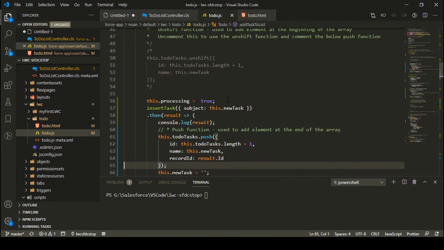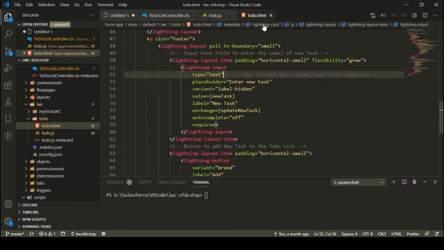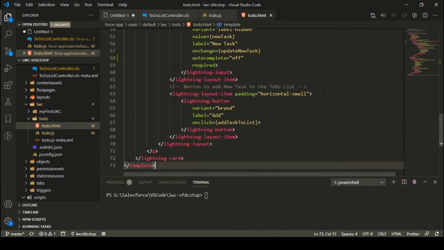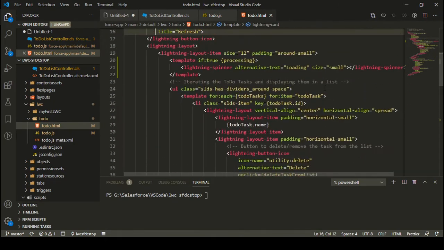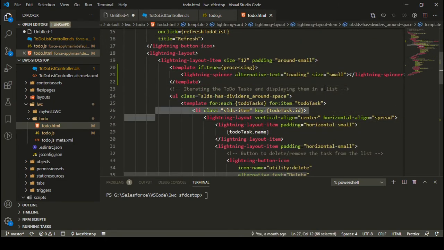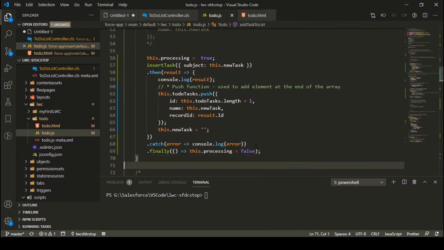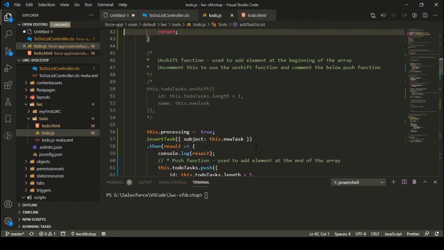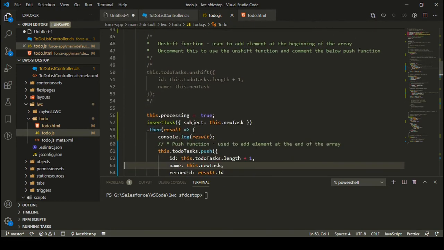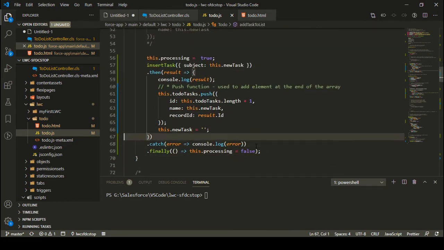And whenever we are doing an insertion, I am specifying this ID as this dot todo task dot length plus one. So this is the unique ID that I'm using in my HTML to display the list of tasks, right? Let me just show you that again. Whenever we are displaying the list of tasks in a for loop, I need a unique key, and this key is nothing but this dot todo task dot id, and this dot todo task dot id is nothing but the length of the todo task plus one. Okay, so the question here is, can we get duplicate IDs or not? Because now I am able to delete a task, I am able to add new tasks. So is it possible that I can get duplicate IDs or not?